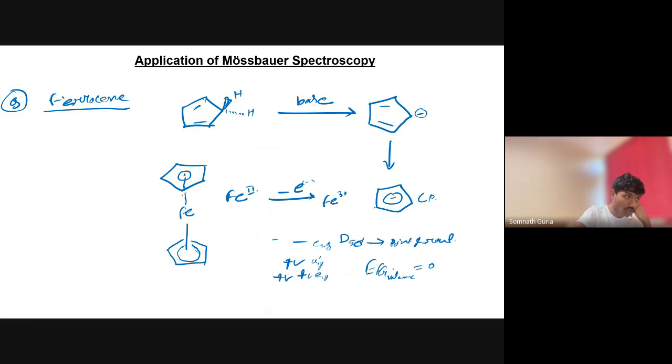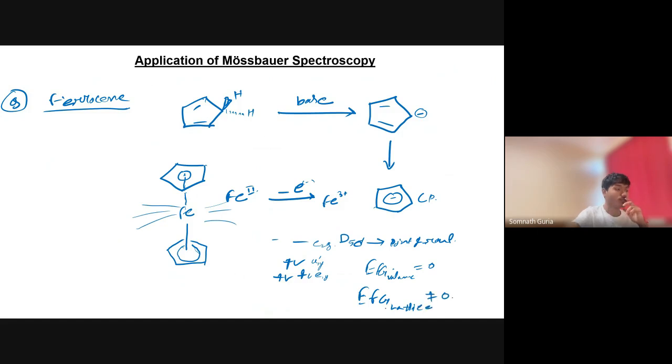Now we have a ligand anisotropic in a direction. Here we don't have the ligand in this direction. Only the ligand is present in one particular direction. So EFG equals EFG lattice will be present,